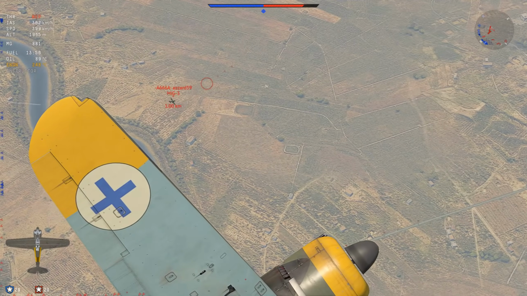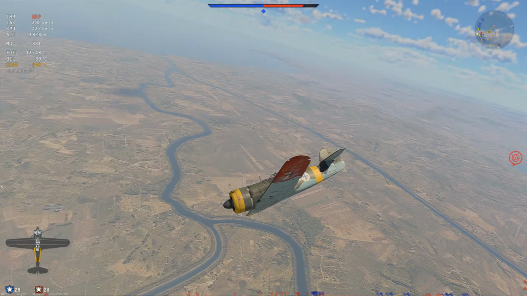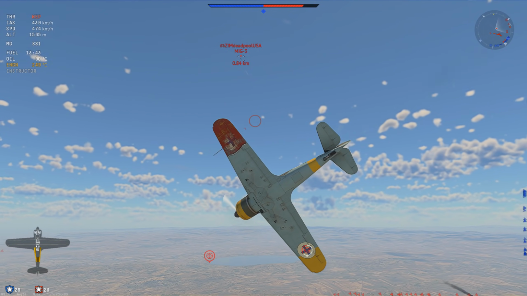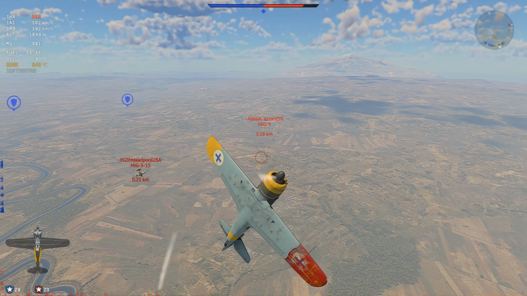So we start the turn fight. MiG-3 number 1 seems to be not wanting to take it. I just stick on him for a very short amount of time here, so he runs away, he's pushed off, and now it's a 1v1. I do need to reverse this guy, and I'm going to be in his guns for a very short amount of time. He doesn't get the shot,